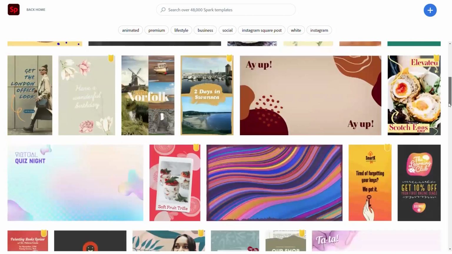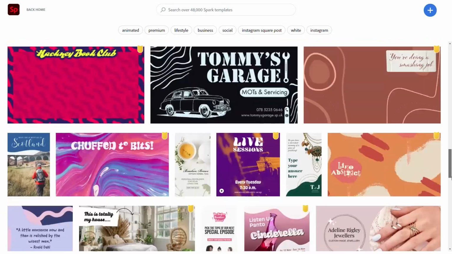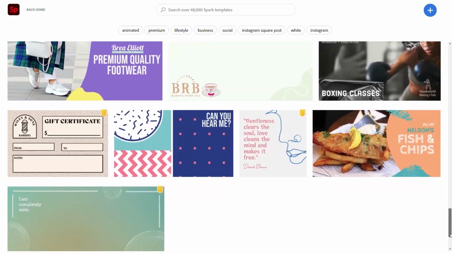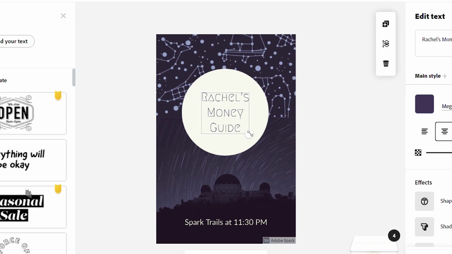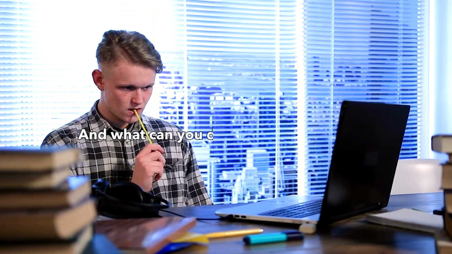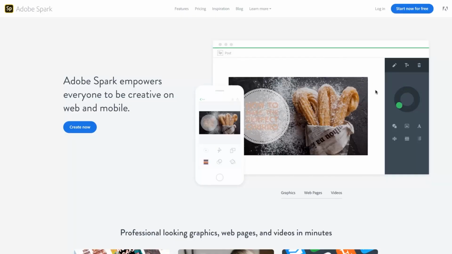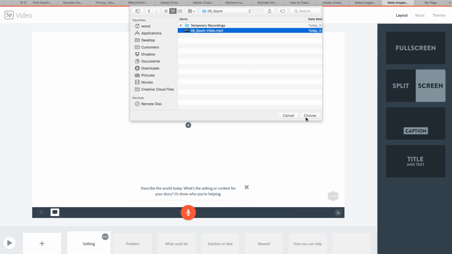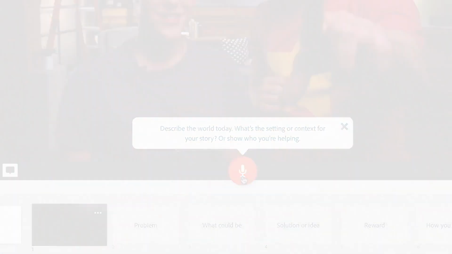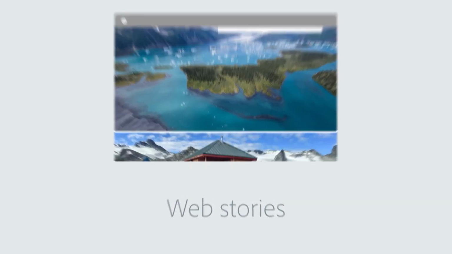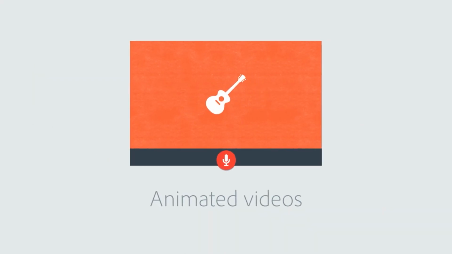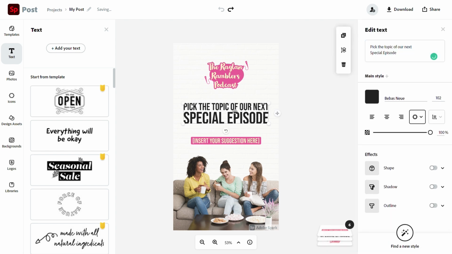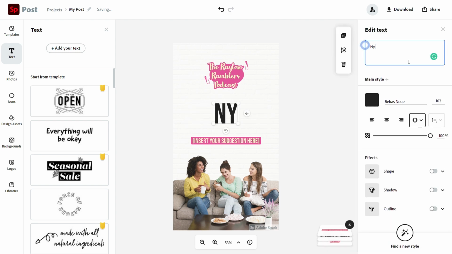Once you enter, you can search the homepage where you can see thousands of templates that you can simply drag and drop. Then you can start creating your professional-looking designs. And what can you do with these designs? Well, you can make social media graphics by taking a photo and using design filters or animation to make it look unique and outstanding. It also has other features like web pages and making short videos, but we aren't interested in that. We are focusing on an image that can be created in less than 10 minutes.